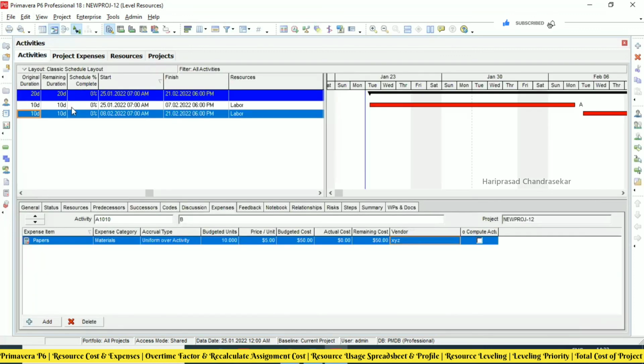So here you can just go and see the papers automatically coming. You can create here or you can create there and it will come here. Vice versa, you can create the expenses. But now the total cost will be even more. See 5,550 plus 50 because it is 50 here. If you want more budgeted units, you can put here, for example, 100. Then automatically here also it will be changing. Mostly it is data entry work, but you need to be careful when you are doing it.